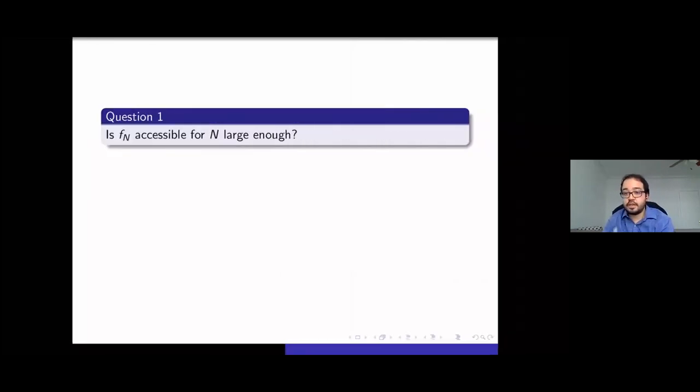So I wanted to finish by leaving a few questions. Some of these I think should be treatable, something that we can think of. So one is: is F^n accessible? This one, I'm not sure if it's treatable. I think it's a really hard problem. If you could prove F^n is accessible, then you get stable ergodicity for free using huge technology we have nowadays. So it's not for free, but using some technology we have nowadays. But I don't know if F^n is accessible. If you can find parameters which are accessible, I don't know.